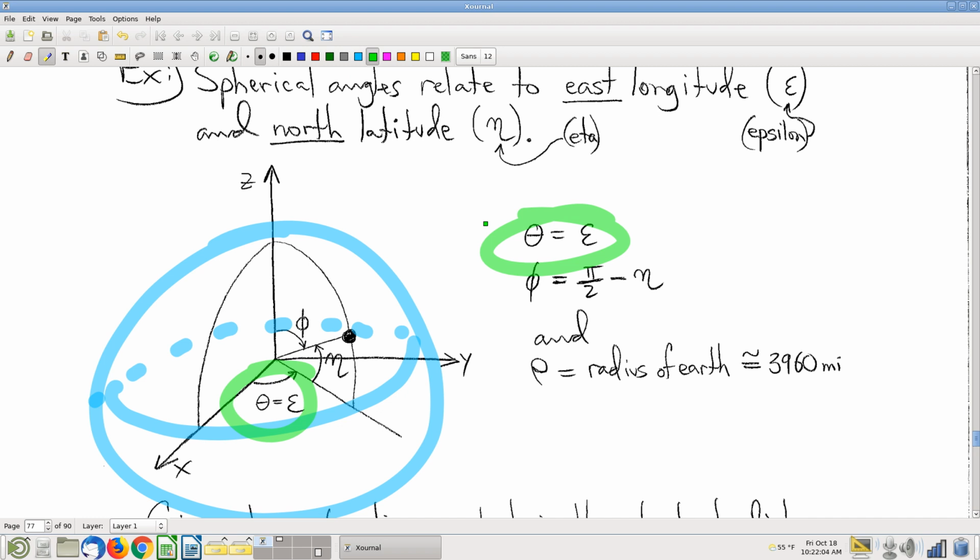I mean, assuming you set up the globe with the prime meridian on the positive part of the x-axis, north pole on the z-axis, set it up in the way you'd sort of expect. And then likewise, it's not true that phi and north latitude are the same. Phi is measured off of the North Pole. North latitude is measured off the equator, so they're not the same, but they add up to pi over 2. There's a very simple relationship between them. So, cool fact, longitude and latitude,